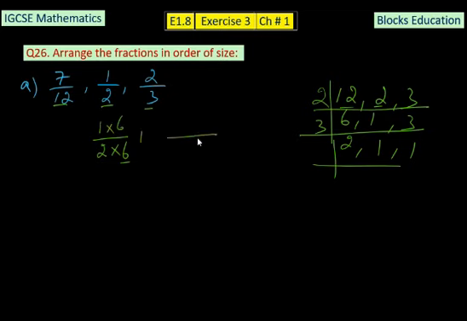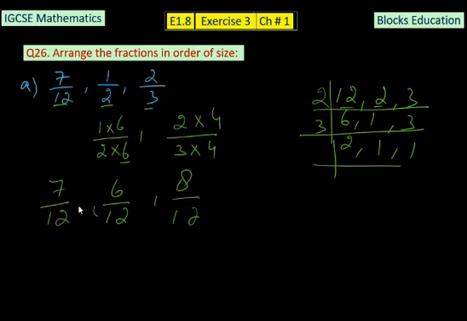In the same way, this 3 can be made 12 by multiplying with the 4. You have to repeat this operation in the numerator as well, right? That's it. So now you have a fraction 6 over 12, because you're multiplying with the 6. Then you have 8 over 12, and you have 7 over